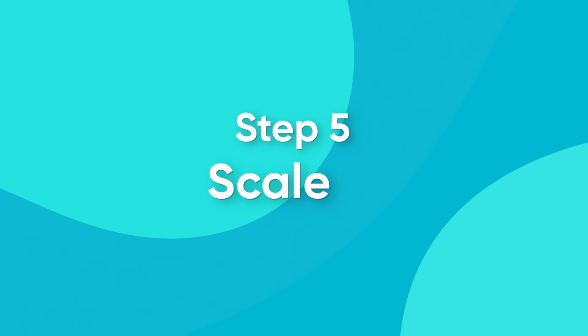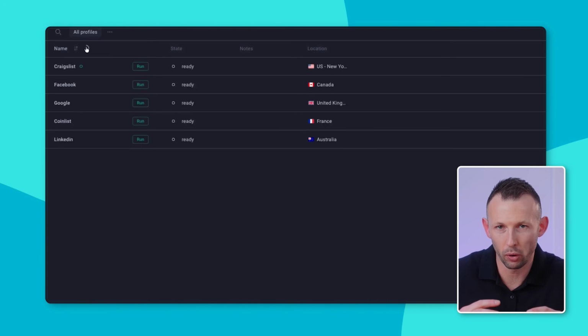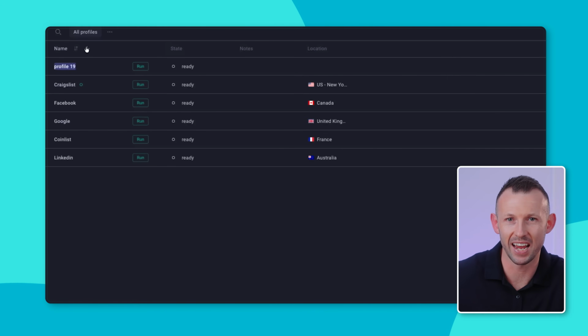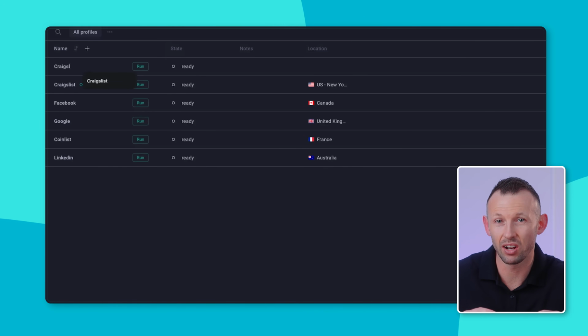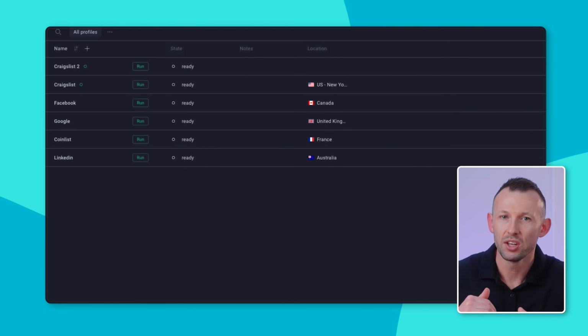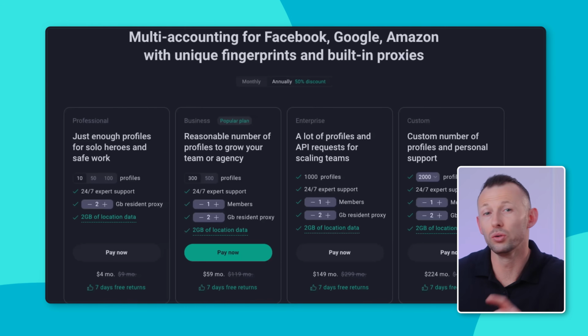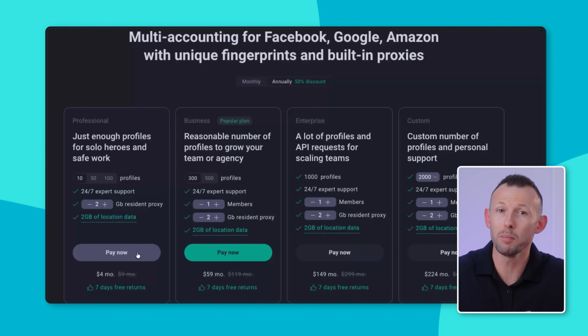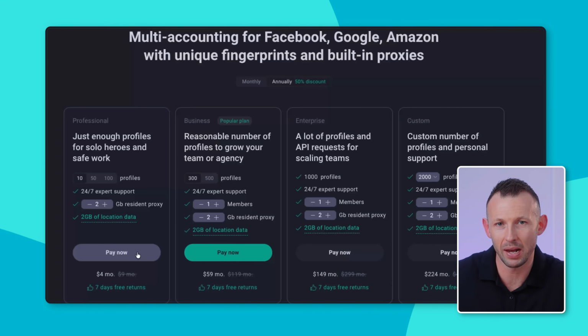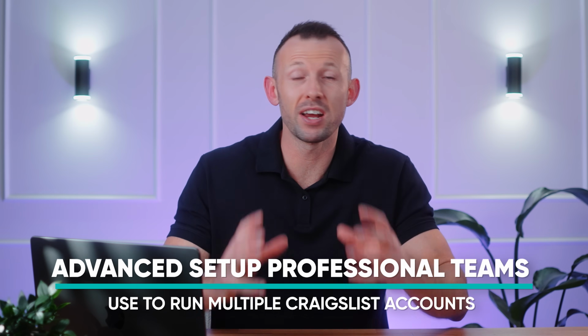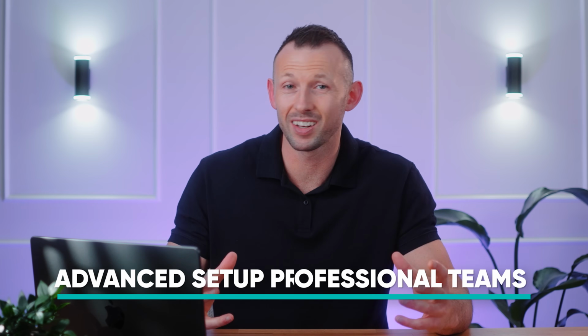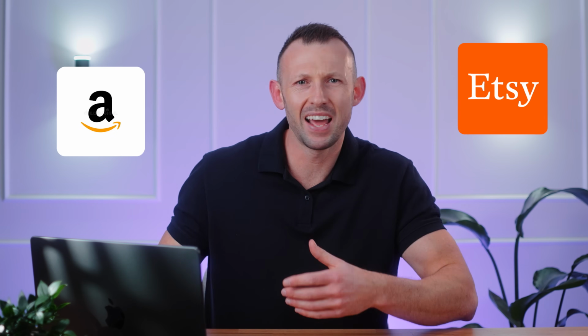And step 5, scale it. Create a new profile and IP for each Craigslist account. Every time you click Connect IP, you get a fresh address. You can add any amount. You only pay for traffic, and some is actually already included in your monthly plans. Now you can even run multiple profiles simultaneously, and most importantly, safely. Now, this whole setup is the advanced setup professional teams use to run multiple Craigslist accounts, plus Amazon, Etsy, and